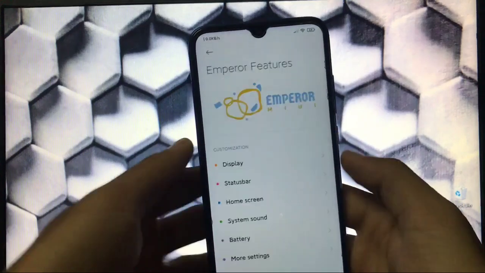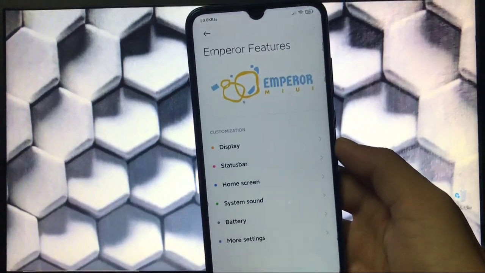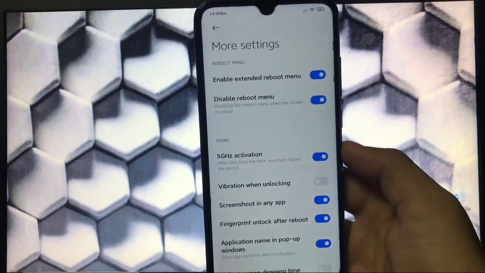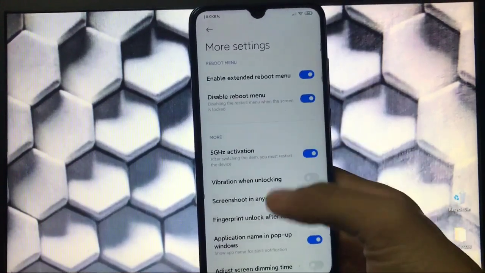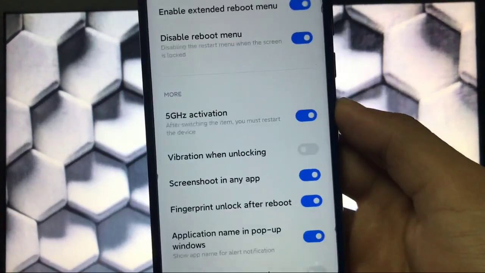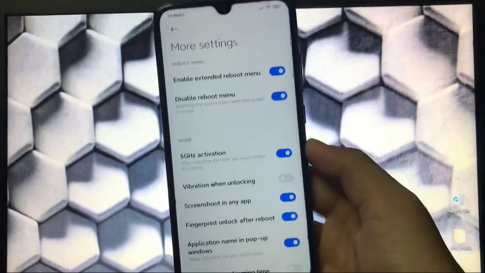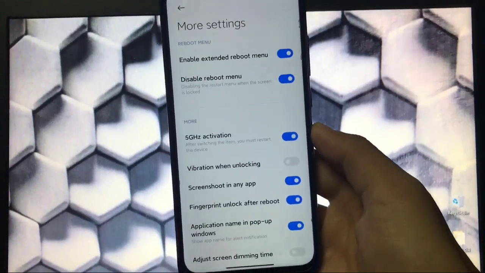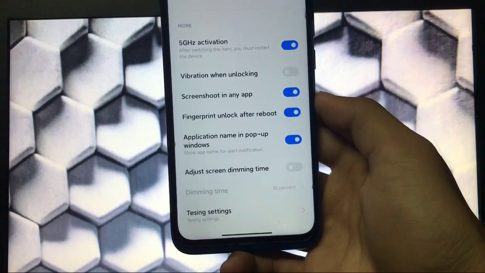All these things are fine here. You can customize anything from here, and at last in more settings we have enable extended reboot menu option, disable reboot menu. You have the 5G activation option, which is very interesting. Unfortunately, that will not work for those whose carrier is not supported, and fingerprint unlock after reboot and things like these.